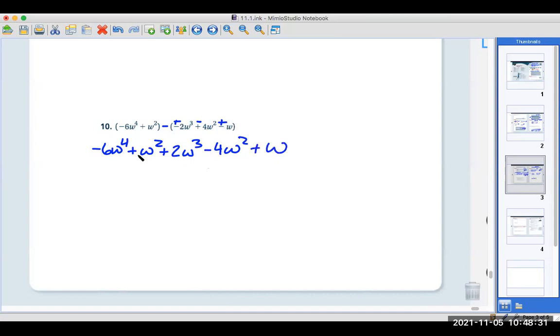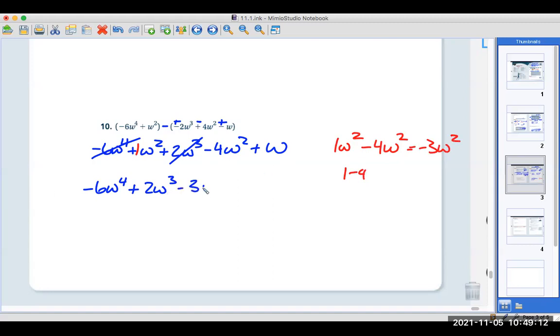So start with the highest power. Is there any? Nope. That's a lonesome dove here, has nobody to play with, no partner. So just recopy it. Make sure you carry that negative. Look at the next one. It's the w cubed. Nobody. So it's plus 2w cubed. W squared. Put a 1 in front. Minus 4w squared right here is equal 1 minus 4 is negative 3w squared. So minus 3w squared